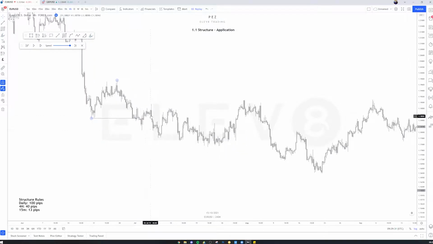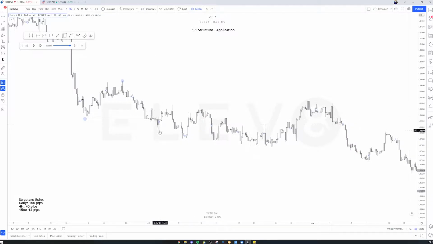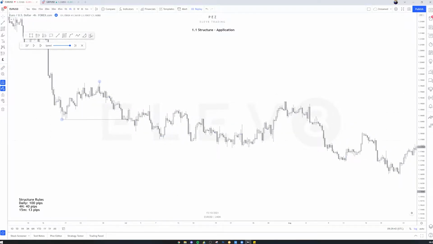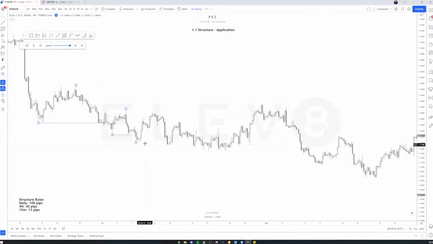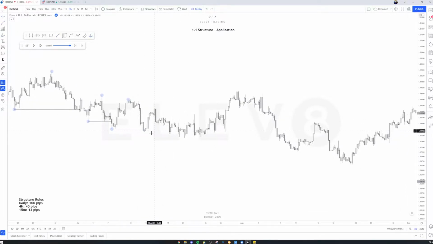We then come down, pull back from here, because this pullback here, it's only one candle, so I'd be waiting to see a proper pullback like this. Okay, pulls back from there and then comes down, breaking the swing low, creating the swing high. Then another pullback from this, coming up to here and then breaking down again. So swing high is the highest point. Pulls back, creates the swing low,